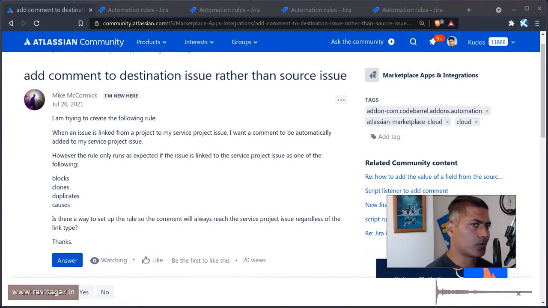So today let us talk about automation rules, and yes, I'm talking about automation rules after quite a while now. This question is actually very simple, and I was thinking of also sharing this. Now, if you're using automation, you will be asked to comment on linked